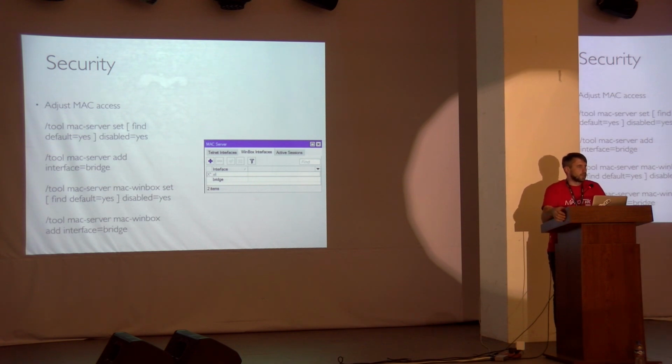And one more thing that you can also set, it is just that it is not mentioned in those slides: you can also adjust the MAC address of your device. So you can put a different MAC address, and then a person will not be able to guess that you are actually running a MikroTik router device.